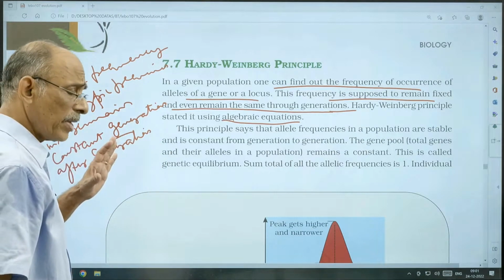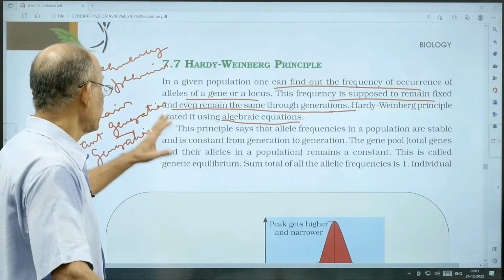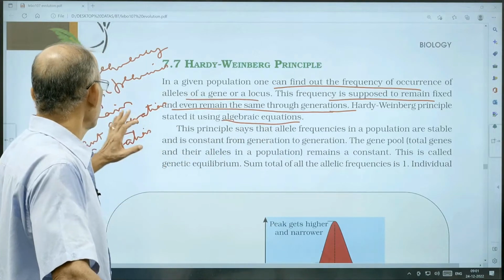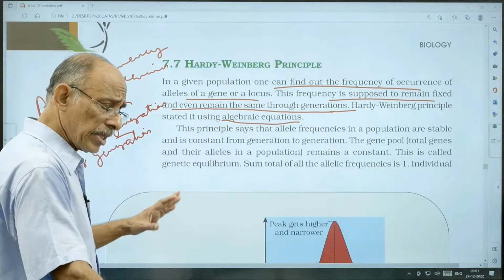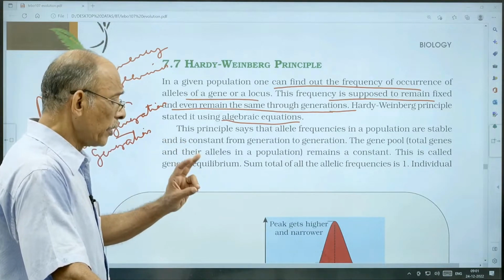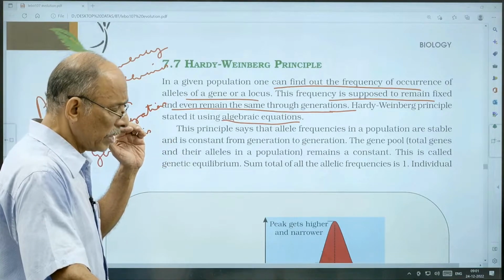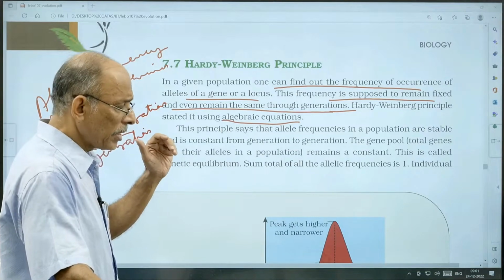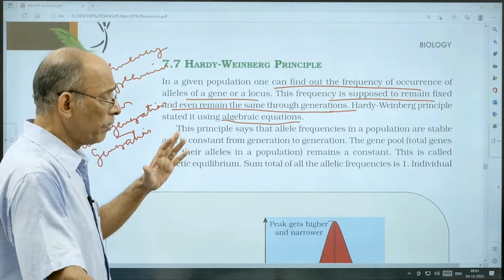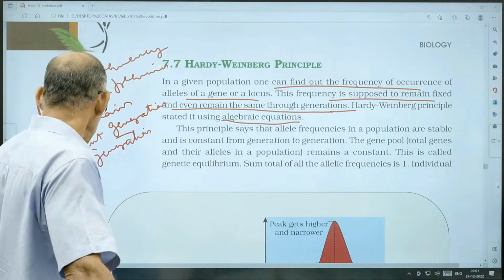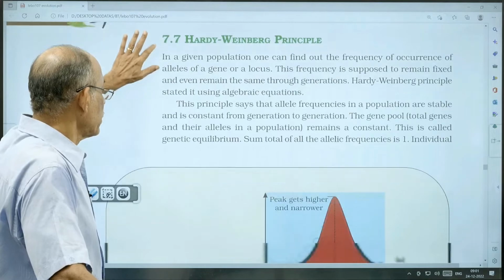unless there are 5 conditions. Mutation does not take place. That is given in a separate part of this explanation. So allelic frequency or genotypic frequencies will remain constant generation after generation unless migration, mutation, natural selection, etc. takes place. So it is gene recombination, etc. takes place. And this is proved by using some algebraic equation, and that equation is